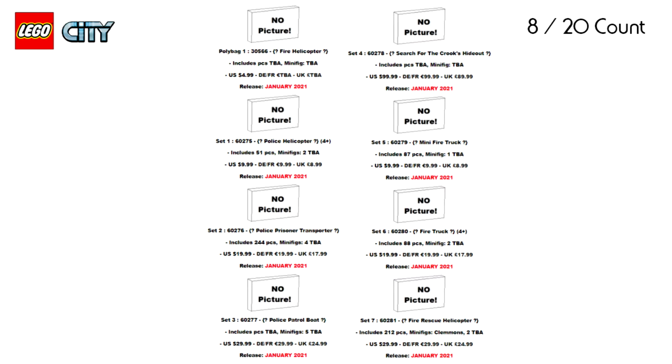We have set number 60279, mini fire truck, that will include 87 pieces and 1 minifigure for $10. We have set number 60280, fire truck, that's going to be a 4+ fire truck with 88 pieces, 2 minifigures, and retail for $20. We have set number 60281, fire rescue helicopter with 212 pieces, 2 minifigures, and then 1